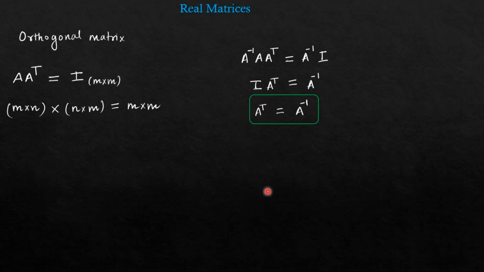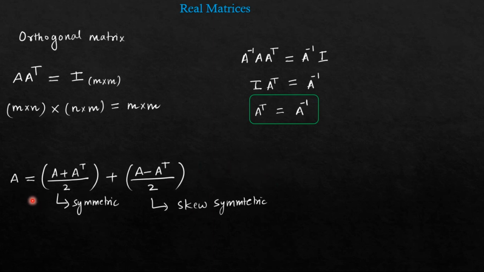Now we can represent any matrix as a sum of a symmetric and a skew symmetric matrix. What I want to say is, suppose we have a matrix A. I can represent A as a sum of a symmetric and a skew symmetric matrix. I can write A as A plus A transpose upon 2 plus A minus A transpose upon 2. Here A plus A transpose upon 2 is symmetric and A minus A transpose upon 2 is a skew symmetric matrix. By math also you can see A transpose by 2 will get cancelled with minus A transpose by 2. Again A by 2 plus A by 2, you will get A.